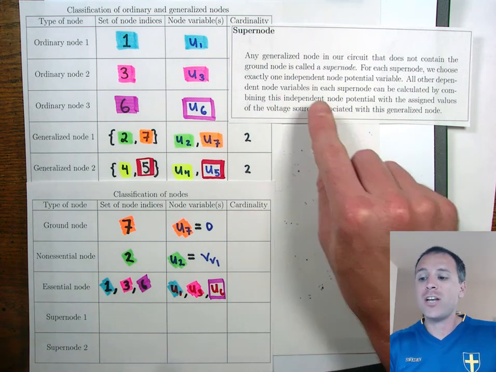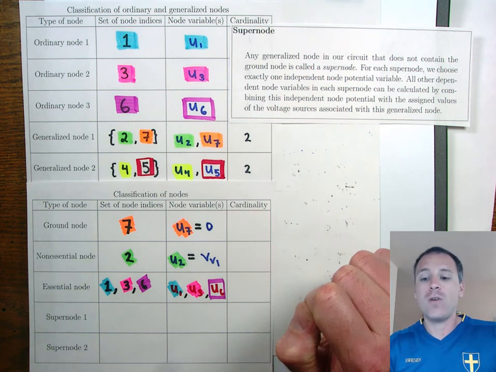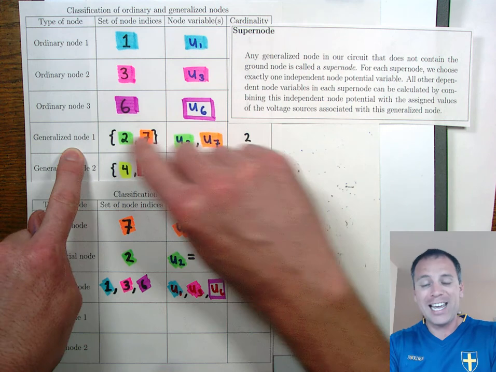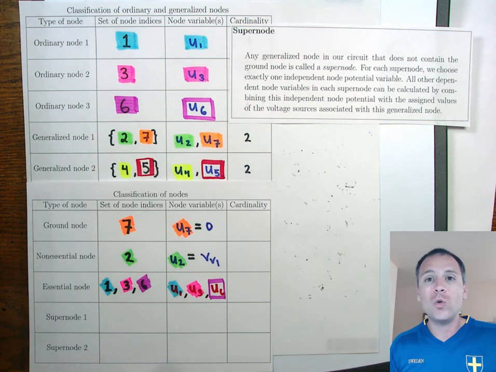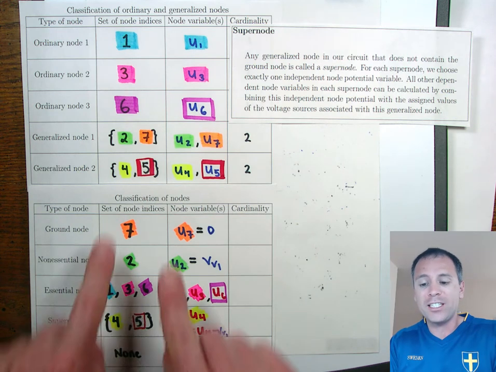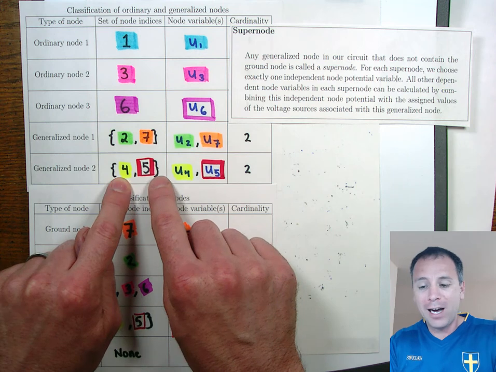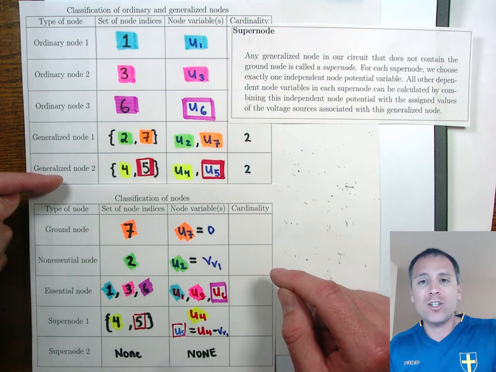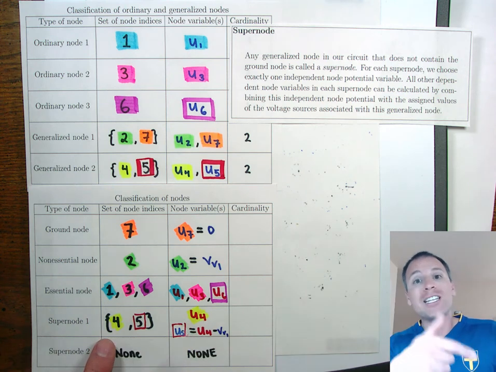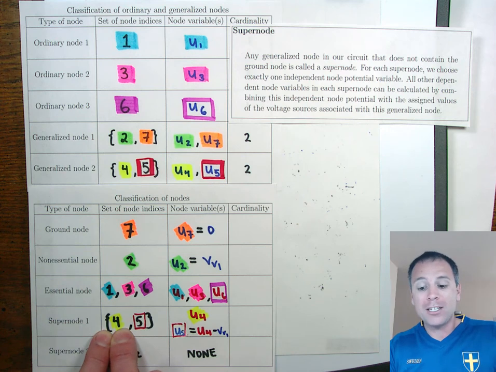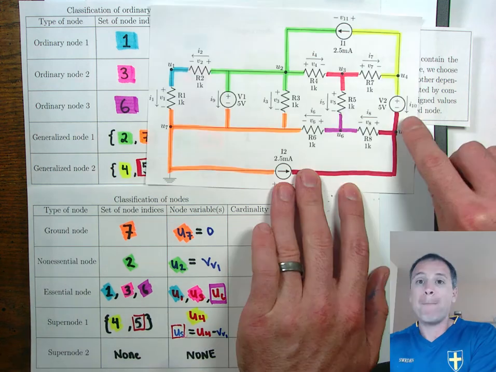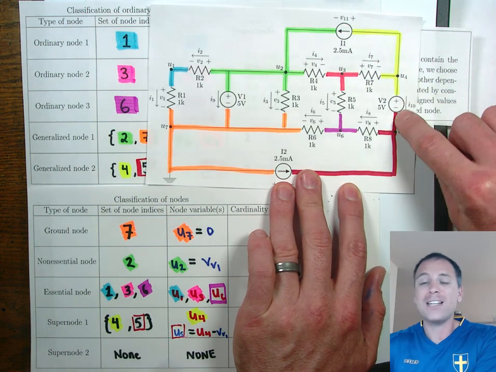A supernode is any generalized node in our circuit that does not contain the ground node. So in this situation, we said that generalized node 1 contained the ground node. That can't be a supernode. But generalized node 2 did not contain the ground node. And thus we said that the first supernode in this circuit is the one containing nodes 4 and 5. Remember that for each generalized node, we had at most one independent node potential variable. We chose in step 6 to set that independent variable to be U4. Once we had U4, we could calculate U5 by recognizing that U5 is U4 minus the value of voltage source